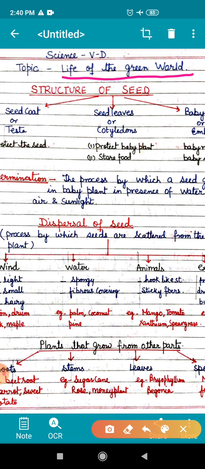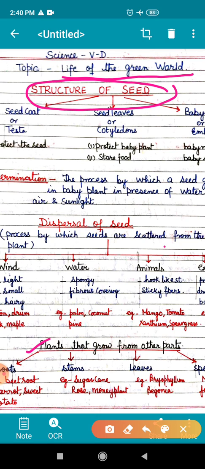Children, you all have read this lesson before, so today I will discuss a few important points of the lesson. Children, as you all know, all plants are living beings and they grow and reproduce like other living beings. Plants grow either by seed or other plants like root, stem, leaf, etc. Okay, let us know